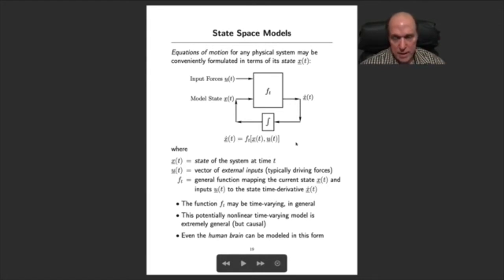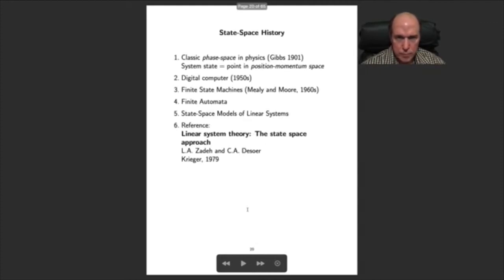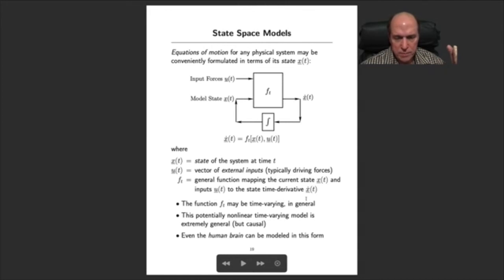But the point I'm making now is that this is very, very general. By vectorizing the state variables and the inputs and the force inputs, we're representing an arbitrarily large system. You can even model the brain in this form as a state machine. About the only thing we've really conceded here is that we're assuming causality, and that's just life in the world,